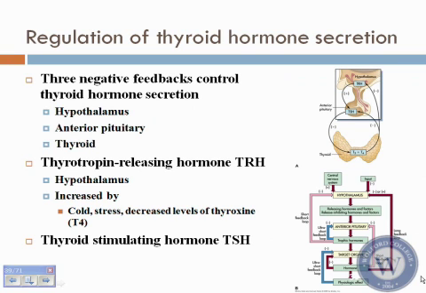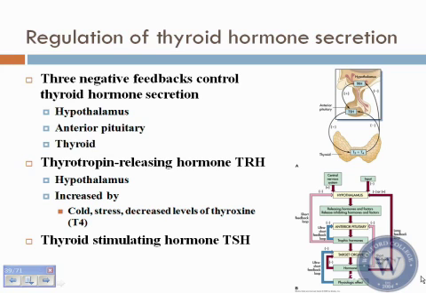Now, there's basically three mechanisms of negative feedback control for the thyroid hormone. These are located as inhibiting the hypothalamus, the anterior pituitary, and thyroid. Okay? The first hormone that's released, of course, is from the hypothalamus, which is thyrotropin releasing hormone. This can be increased by things like cold, stress, decreased levels of T4. So by suppressing T4 production, you actually will get an increased release of thyrotropin releasing hormone. Okay? Once the thyrotropin releasing hormone gets released, it does cause an activation of release of thyroid stimulating hormone, and thyroid stimulating hormone then is the first negative feedback mechanism to suppress the release of thyrotropin releasing hormone. So that's step one.